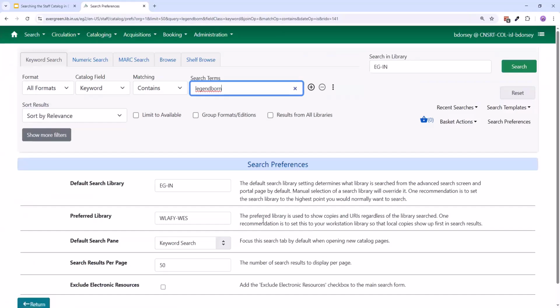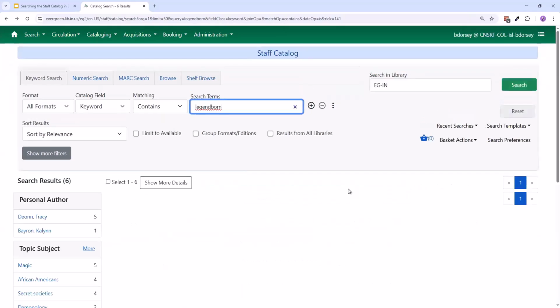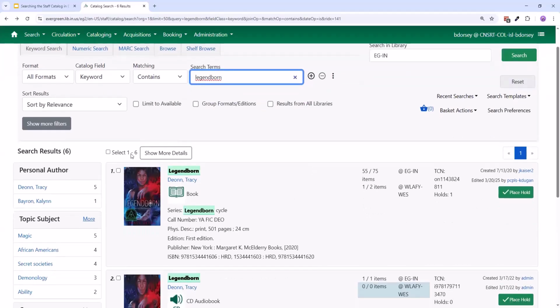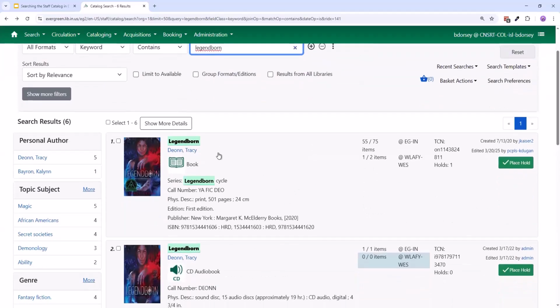As we can see here, remember I have search preferences. I have West Lafayette set as my preferred library. So when we are looking at this result information, we have that physical description, the format, and over here is where we have 55 out of 75 total in the consortium. But at West Lafayette, we have 1 out of 2 items that are available and that there is one hold